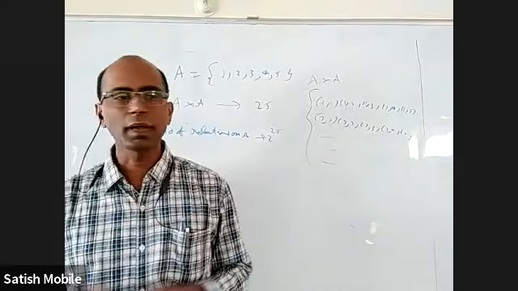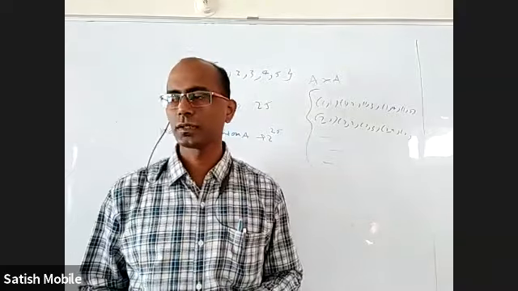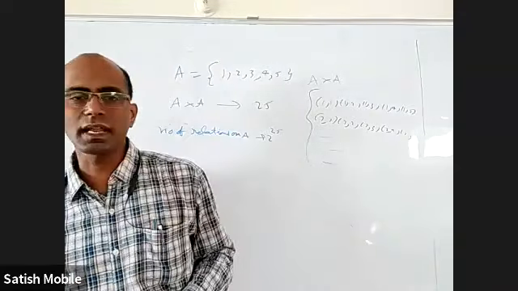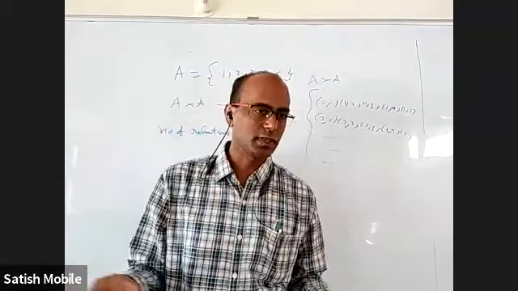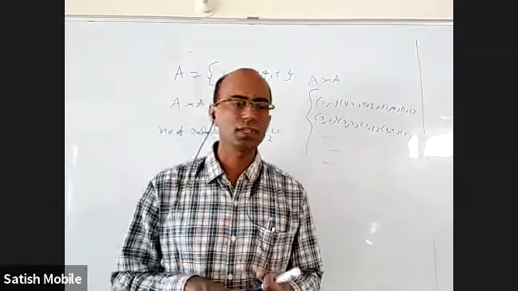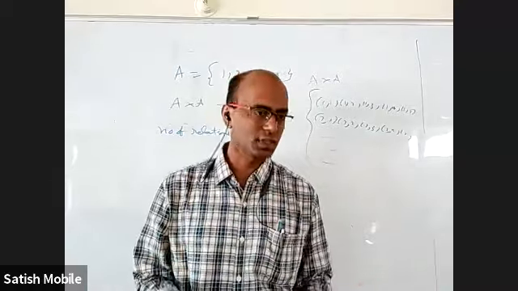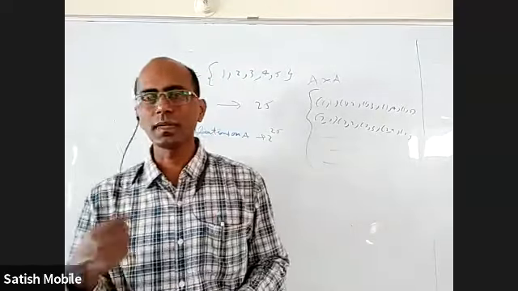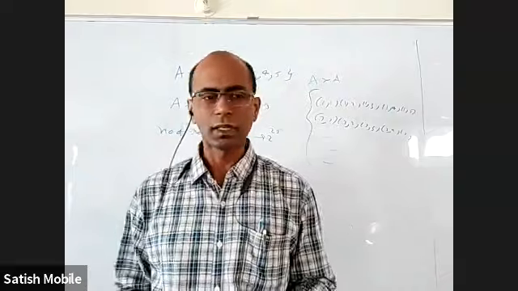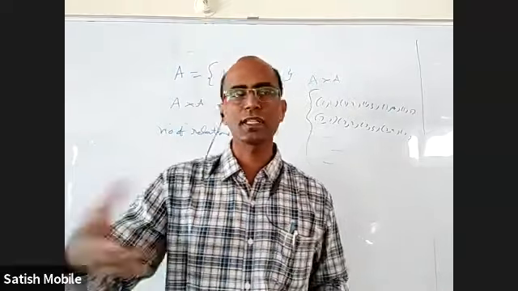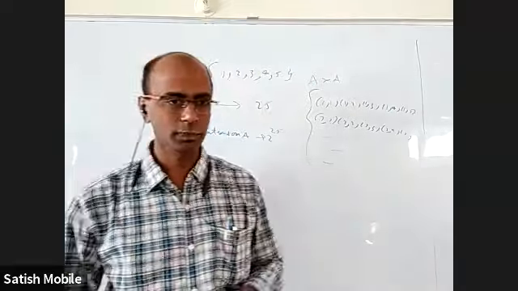NC3. From n items, I want to select 3 items. How many subsets are there having 4 elements? NC4. How many subsets are there having 5 elements? NC5. Like that, if you take all the subsets, NC0 plus NC1 plus NC2, so on up to NCn. Number of subsets having 0 elements is only one, the null set, which is NC0. Only one element means NC1, only 2 elements means NC2, only 3 elements means NC3, n elements means NCn. And what is the sum of all these? NC0 plus NC1, so on up to NCn, is 2 power n, according to the binomial theorem. Without all that, I can directly say 2 power n.